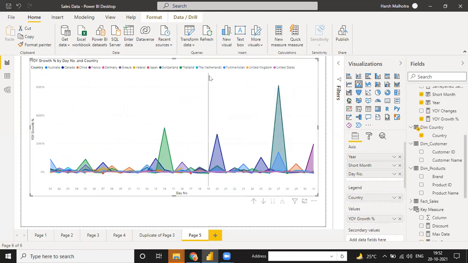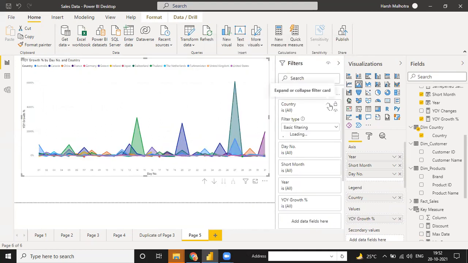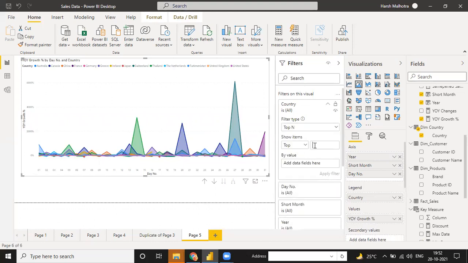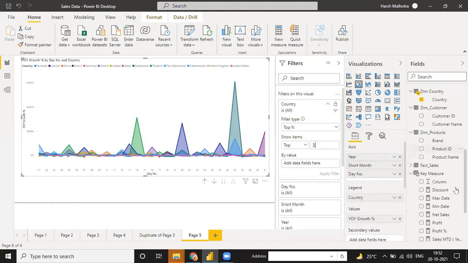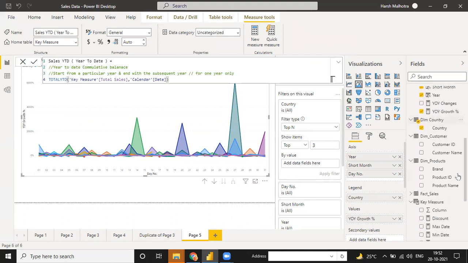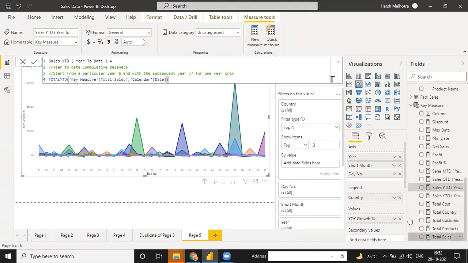And in the same way, if I click on this table, go to this filter, if we need the top 3 countries only, then instead of basic, you can use Top N and click on this 3, and put it as 3 on the basis of, suppose, sales, not on the basis of growth.